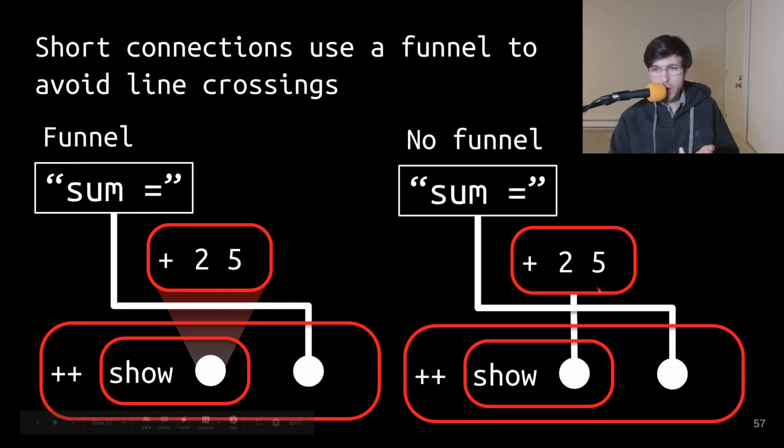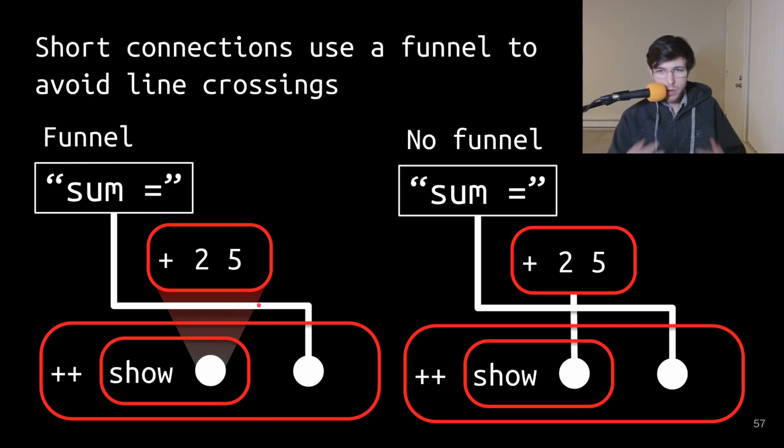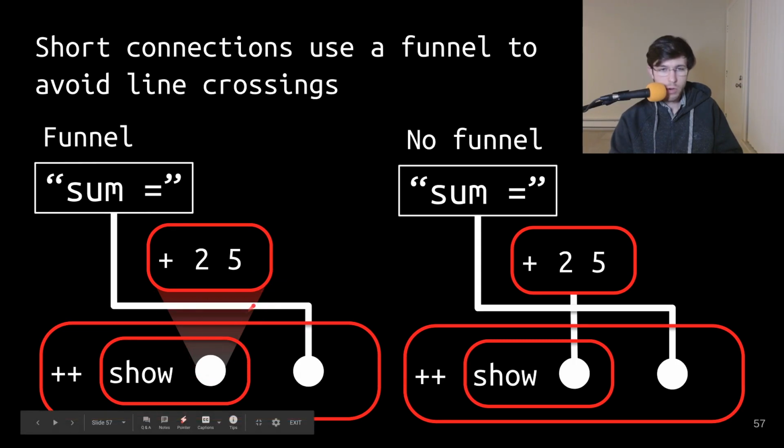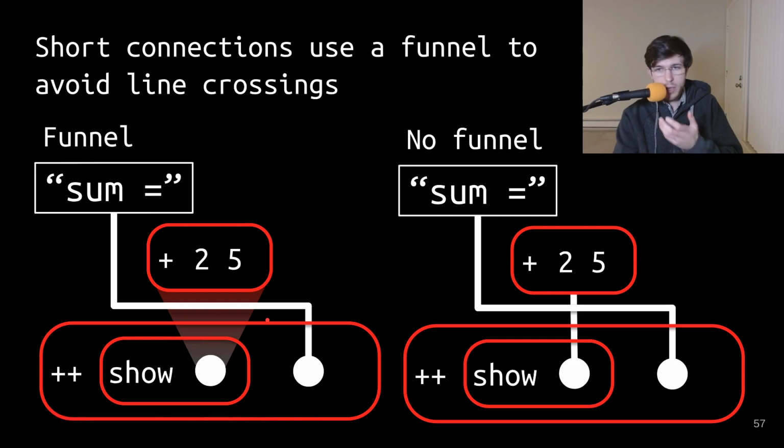The problem here is that if your sub-expression is really close to your expression, then you're going to get this line with 1, 2, 3 extra line crossings, which doesn't look great. So instead we can use a foreground background effect and draw this triangle that looks like that, which goes behind all the other wires,